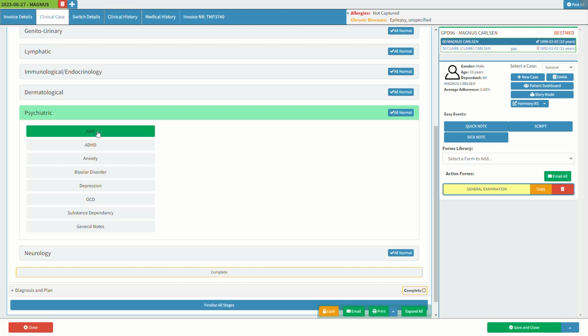Click on the ADD button once to indicate that the patient has been consulted for ADD. The ADD button will turn green, which is an indication of normal results. Attention Deficit Disorder or ADD is a diagnosis given to patients who are characterized by inattentiveness, distractibility, and various other